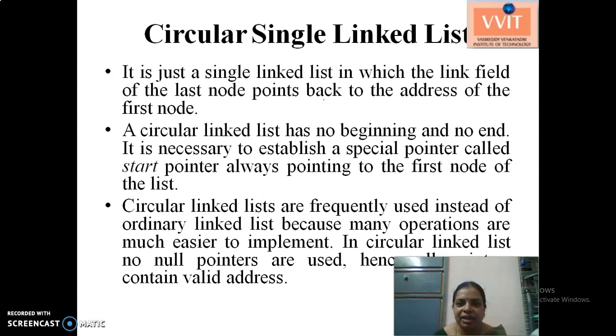As with a single linked list, it also moves in the forward direction only. It also has only one link from the previous node to the next node. But the advantage of making a single linked list circular is that it can move directly from the last node to the first node. The last node is attached to the first node, so that it is easy to move from the last node to the first node without having any more lines of code.